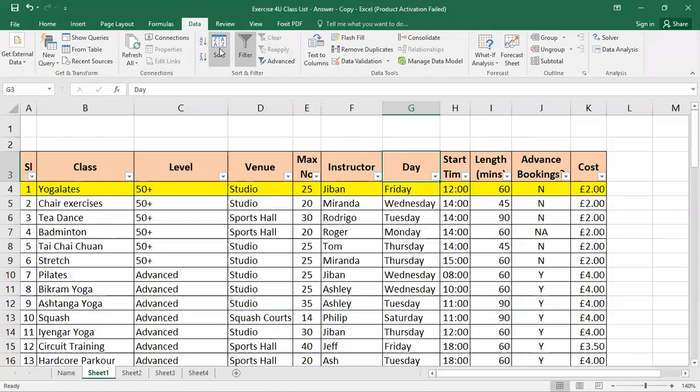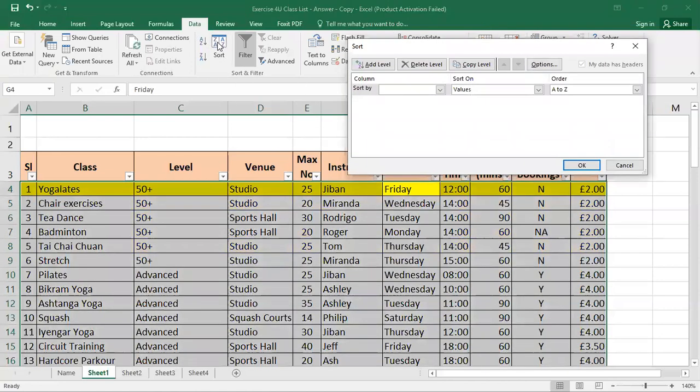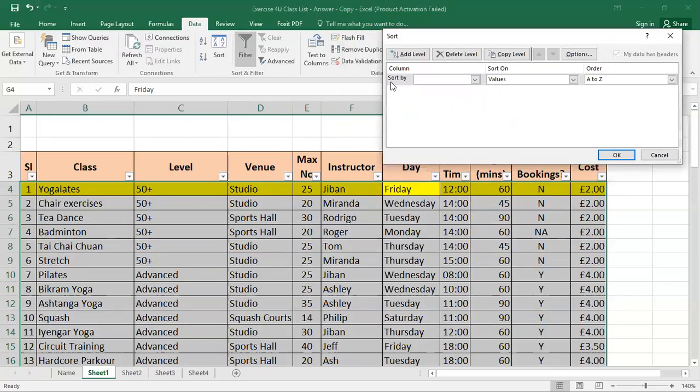Look here, it is an option of sort, and if we go to the sort, then these are the different fields as shown here. So right now we choose sort as per the day.